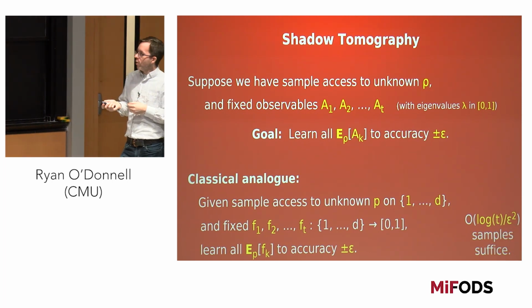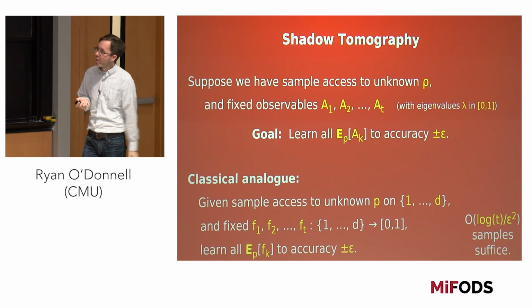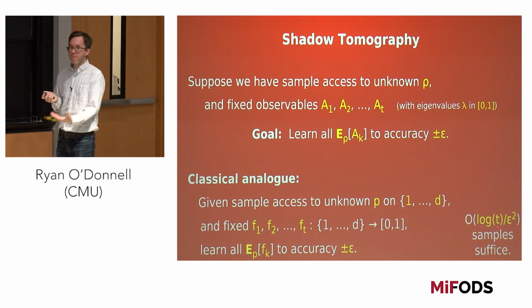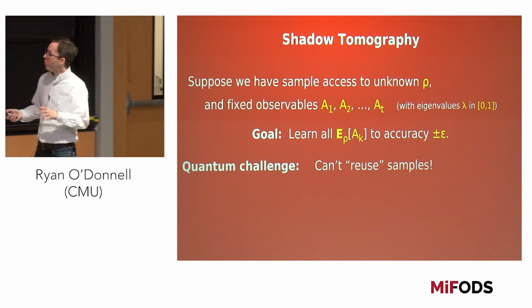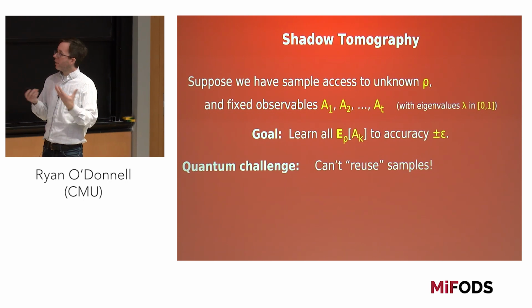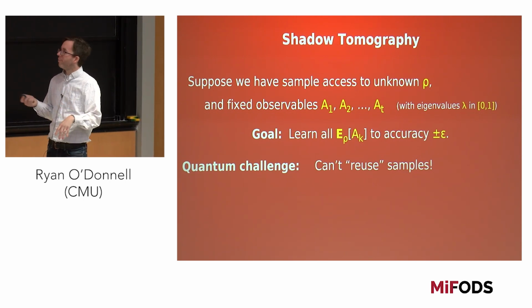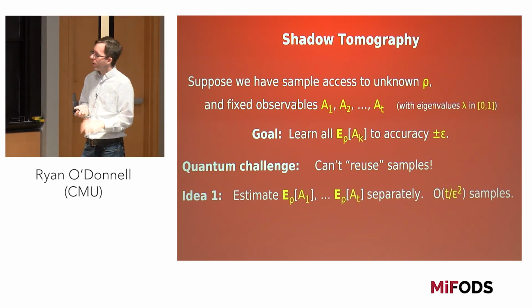So here are two things you might try to do. One, you could just draw a bunch of samples to estimate A1's mean, a bunch of samples to estimate A2's mean, et cetera. You can do each of these with 1 over epsilon squared samples, but you're doing it t times separately, so you get t over epsilon squared samples. Another thing you can do is learn the whole quantum state rho. This should say d squared, actually. Once you learn rho using these learning algorithms, you know everything there is to know about the A's. You can just write down all these numbers. This requires d squared over epsilon squared. So you see, we have either polynomial in t or polynomial in d here.